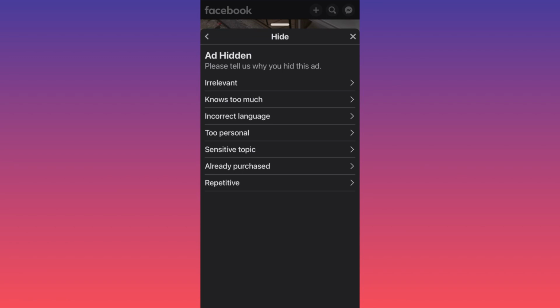Did you see the menu that we just got after we attempted to hide the ad? Facebook simply gives us additional options. We can give them feedback on why we don't want to see the ad. Is it too repetitive? Is it something that's not relevant to us, right? If you go back